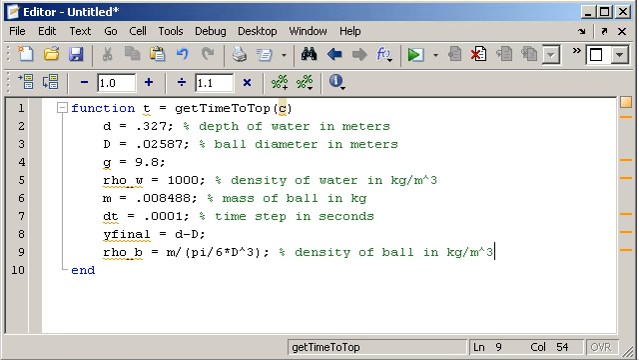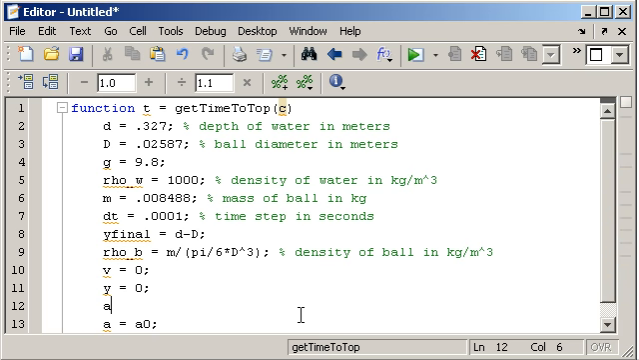Okay, let's try it. I think I'll go V is equal to 0, in the same order that I messed with them inside the loop. Y equals 0. And A equals A0, where A0 itself